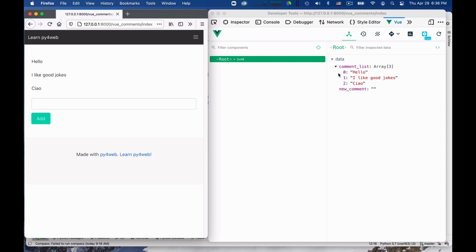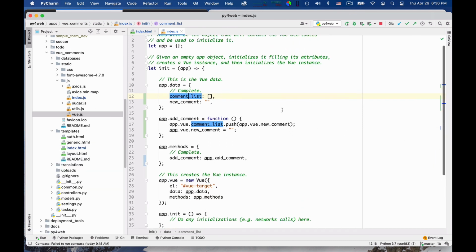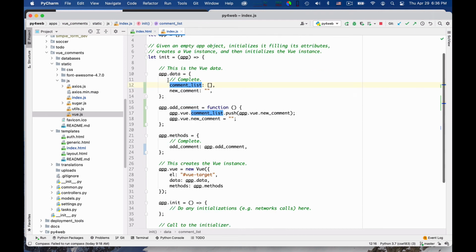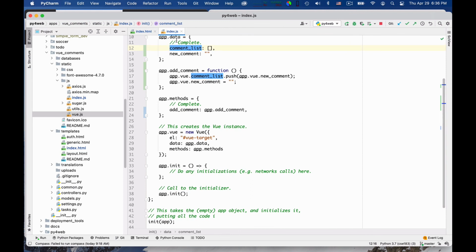As we have seen, the setup is slightly longer, right? Let me minimize this. We had here a little bit more setup, you know, we created this app, then we fill it in, we have to specify which variables and which methods are part of the correspondence. But after we do that, mentally we have a much cleaner picture. We have a set of data that is kept in one-to-one correspondence with how the page is laid out. And we can define the methods that are called when events in the page happen.